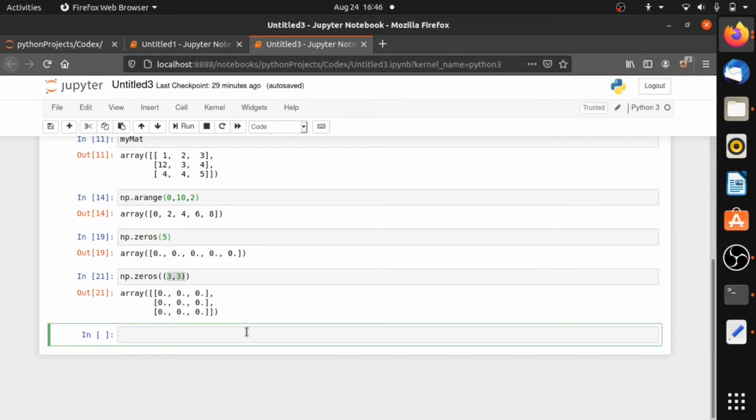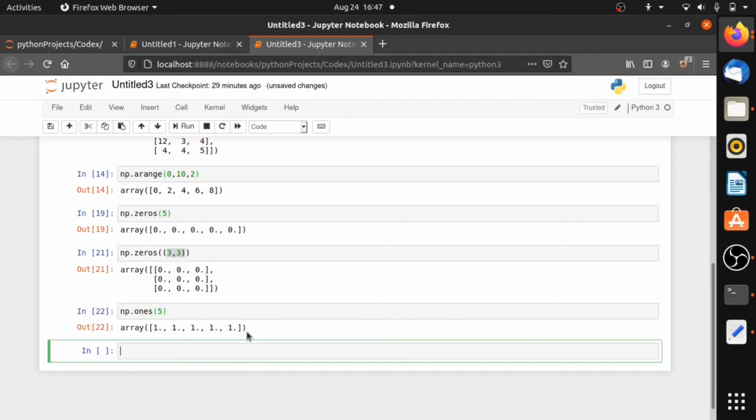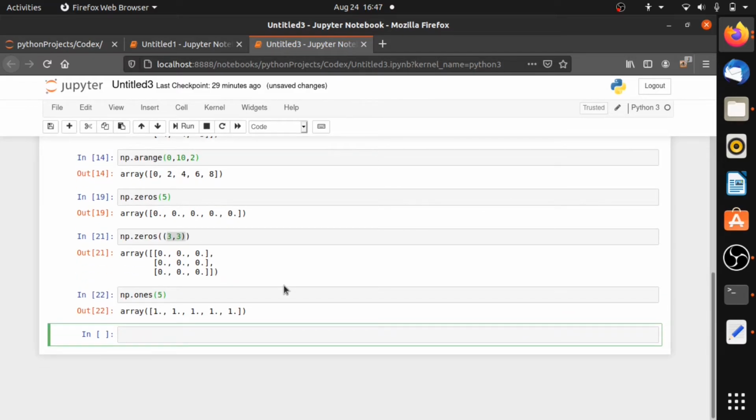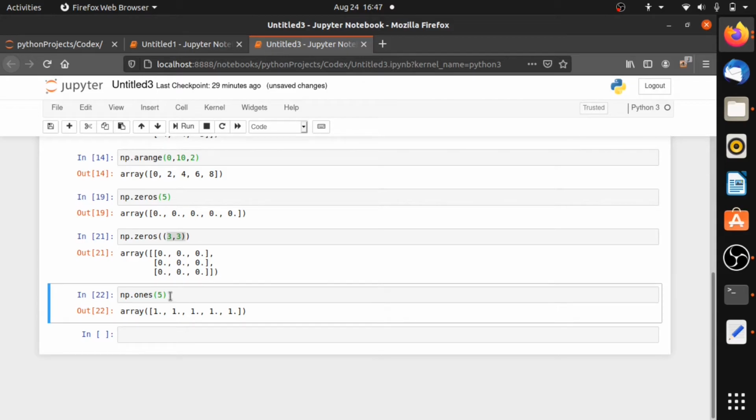So another function that we will be learning here today is the ones function. Now let's check what it does. np.ones. Let's type 5 and see what it does. So the ones function and the zeros function work the same way, in that they will display a 1D array, and in the ones function it will display 1 as the value in the matrix, and the values will be displayed as many as directed in the function here. We have inputted 5, so here we have 5 values inside the matrix.